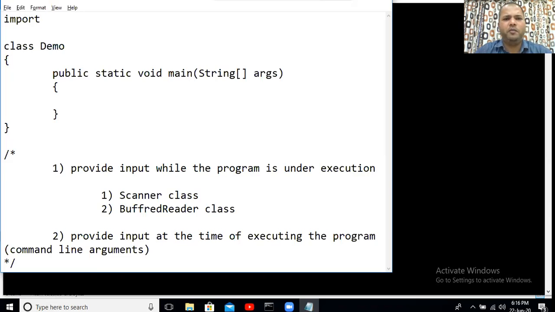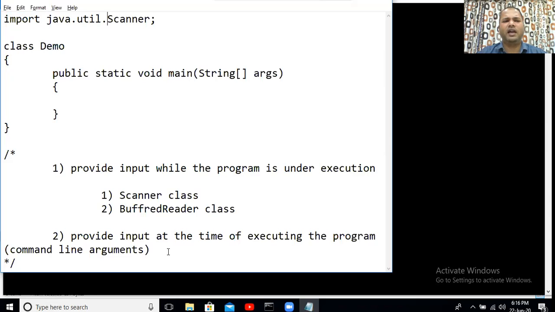So I'm going to say import java.util.Scanner. Now let's understand this statement first. Import java.util.Scanner. So import means we want a particular class belonging to a particular package to be used in our code.